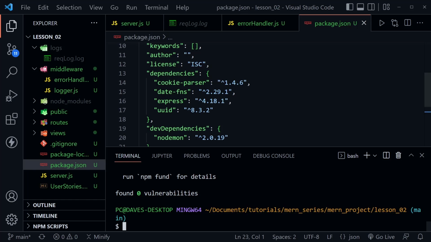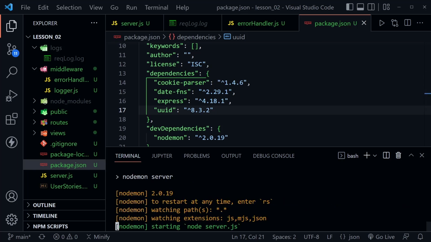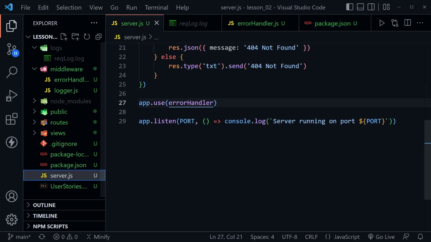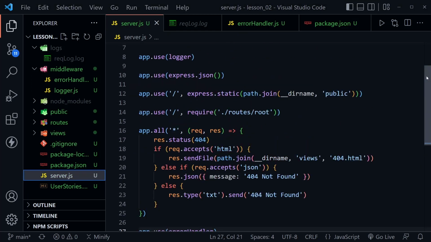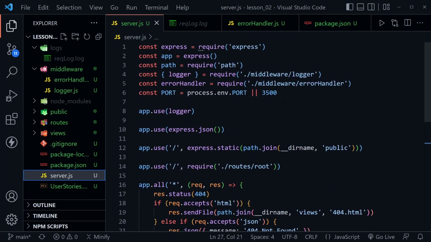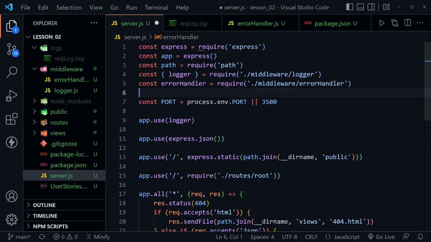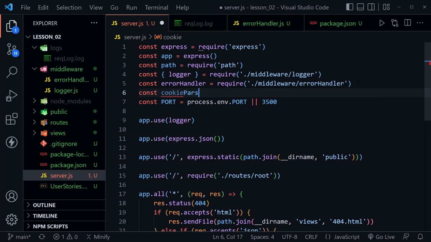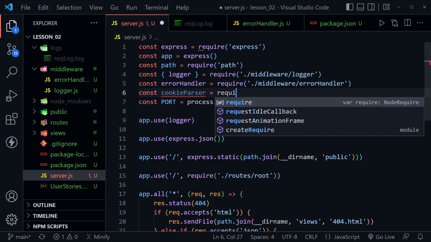We can see we've added the dependency right up here, so I am ready to once again type npm run dev and keep the server running, and it will restart with changes. That's good. Let's go back to the server.js. I'm going to scroll back to the top for the imports. So once we get up to the top, I'm going to import that cookie parser. We'll call this cookieParser in camel case. We'll set this equal to require